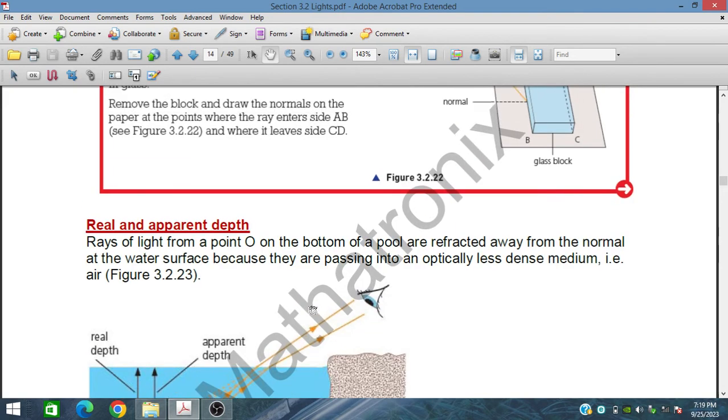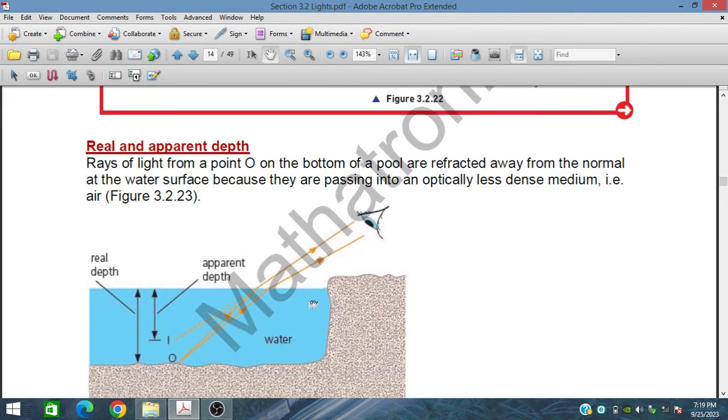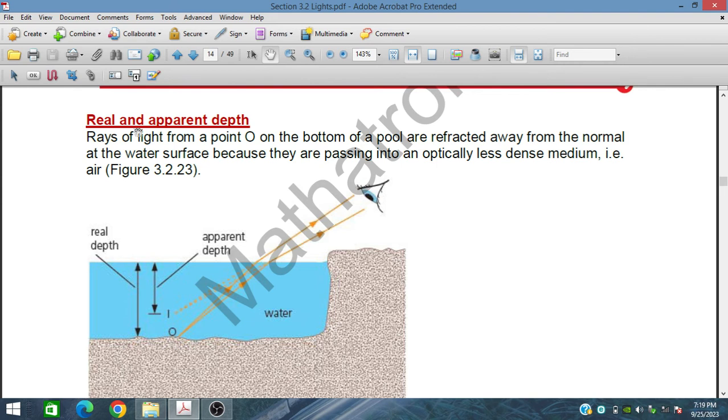Now, a real application of refraction: real and apparent depth. Suppose we have an object here at this point. This object will appear at the denser to lighter medium. This is water and this is air, and one observer is watching this object at this point. But since at the surface the ray bends away from the normal, it looks like the object is